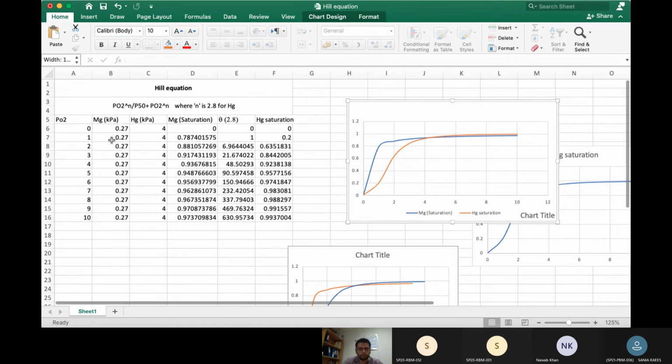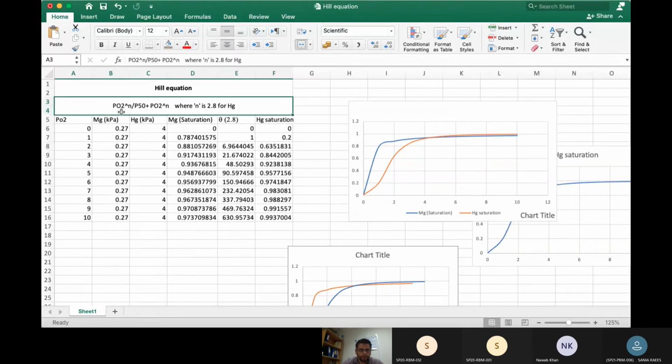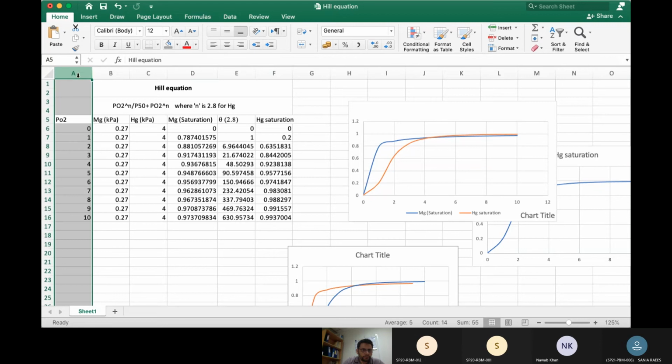So you could see here, आपको अगर इस वक्त नजर आ रही है एक्सेल शीट, तो आप इसको देख सकते हैं। आप देखें Hill equation लिखा हुआ है यहाँ पर, आपको फार्मूला भी जो अभी हमने डिराइव किया PO2, वो फार्मूला भी आपको नजर आ रहा है, और हमने n की जगह 2.8 लिख दिया। ठीक है, तो फर्स्ट कॉलम के अंदर ऑक्सीजन का प्रेशर दिया गया है कि इस ऑक्सीजन प्रेशर के ऊपर क्या सिचुएशन होगी। सेकंड कॉलम के अंदर किलो पास्कल्स में ऑक्सीजन का प्रेशर मेजर करके दिया गया है।